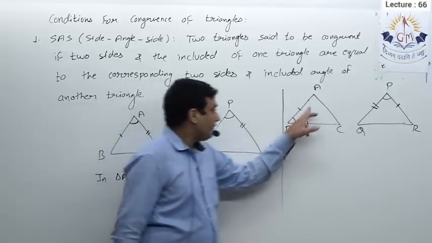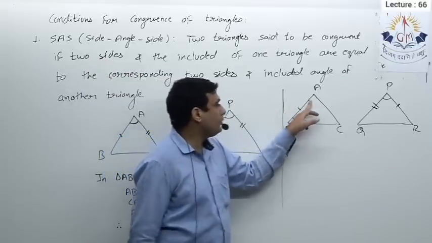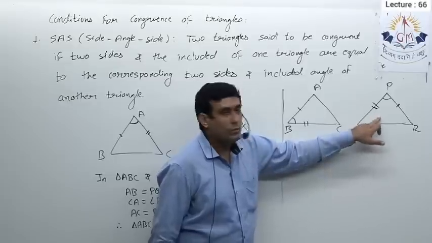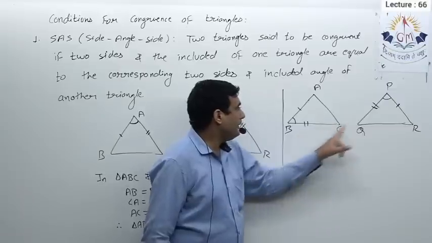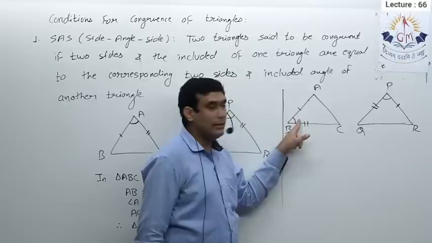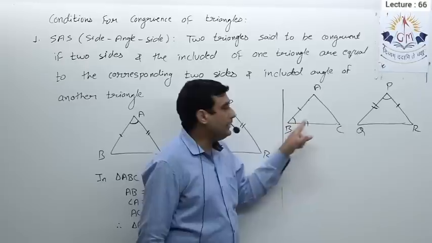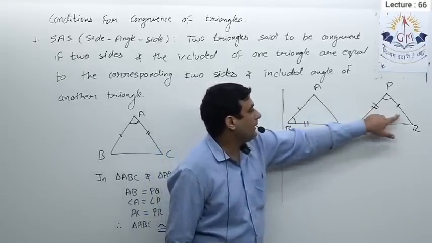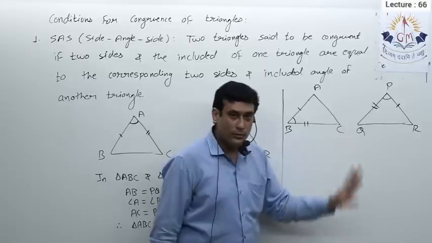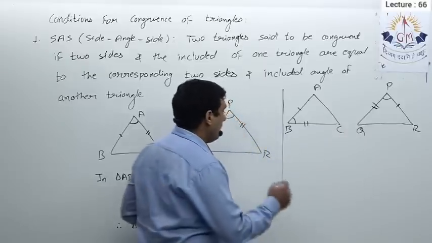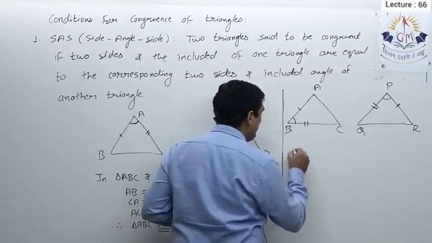So okay, first of all, see, till now we have only one criteria, side angle. We have to check whether two sides of this triangle are equal to two sides of this triangle or not. Yes, side AB is equal to PR, side BC equal to PQ, as well as included angle. Means as we are talking about these, included angle is B. Over here we are talking about these two sides, that is PQ and PR, so included angle is P. So they are also equal. So triangles are congruent.